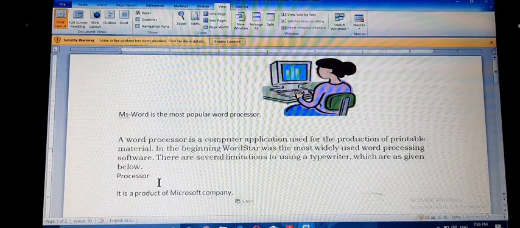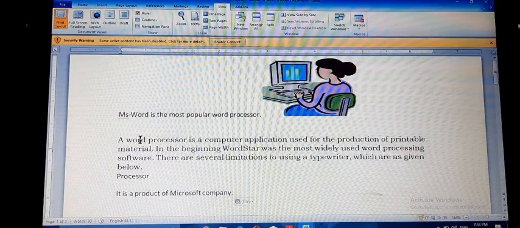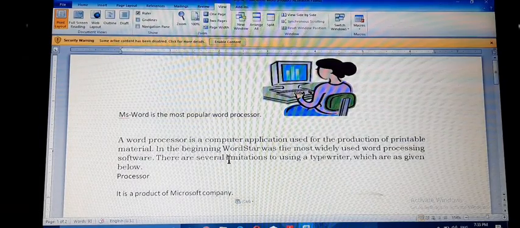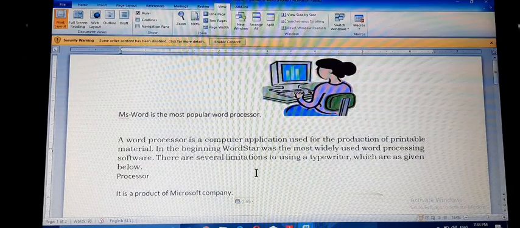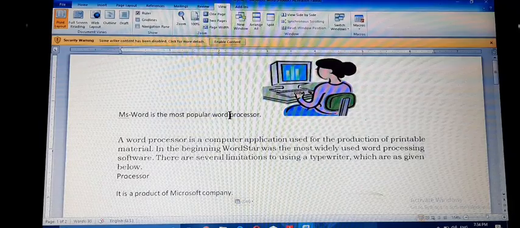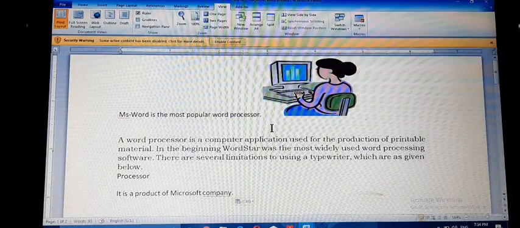There are options to select a word, a character, a line of text, a sentence, a paragraph. Okay. Generally we select the word. Suppose I want to select processor, then I need to first position the cursor at the beginning of the word.